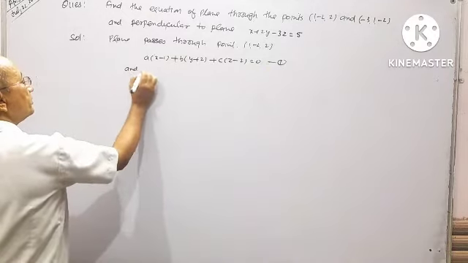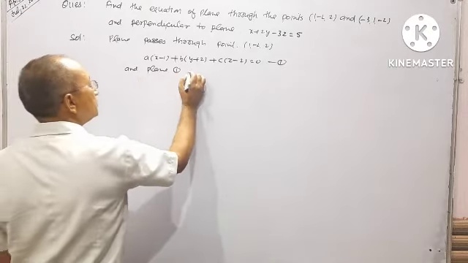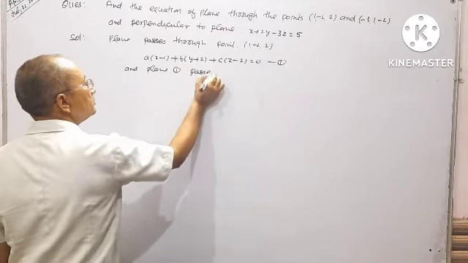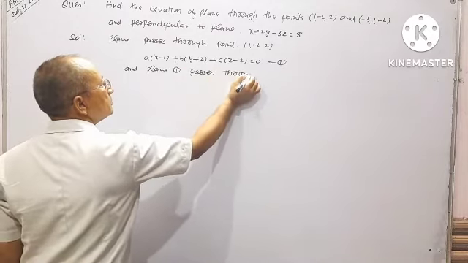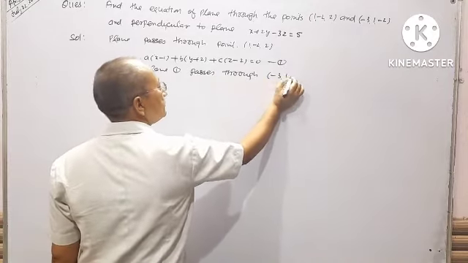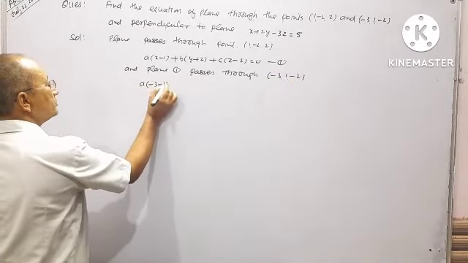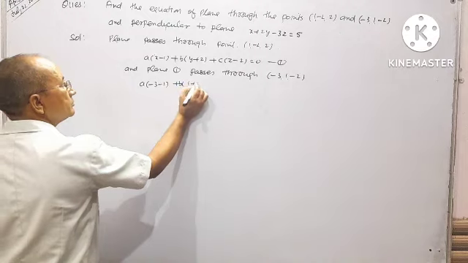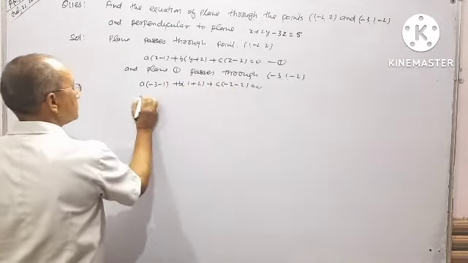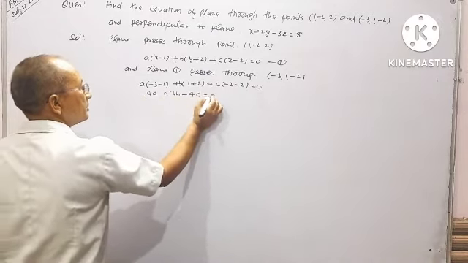And plane (1) passes through the point (-3, 1, -2), so -4a + 3b - 4c = 0. (2)